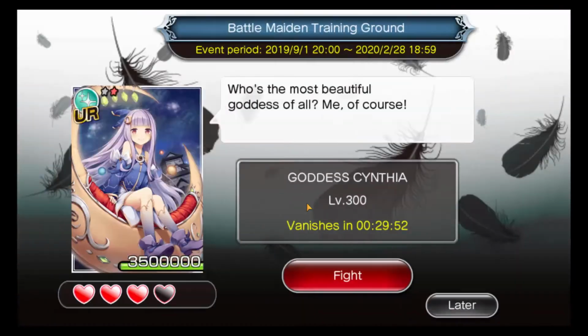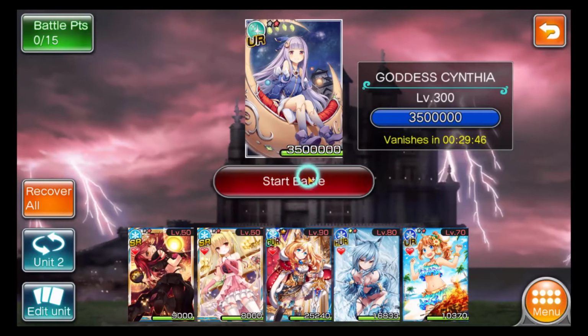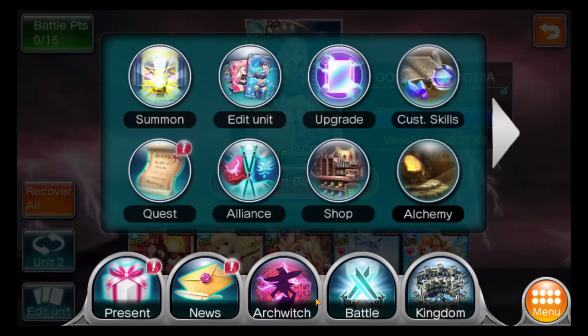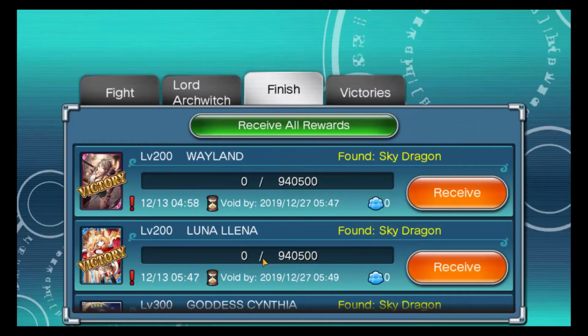Birds of Paradise has risen in fantasy Archwitch, so we probably could just defeat this last one. Let's open a whole bunch of boxes and then look at the rewards. Oh, we're all out of battle points. So now if we go down to Archwitch, and if we go to receive all rewards, it'll give you